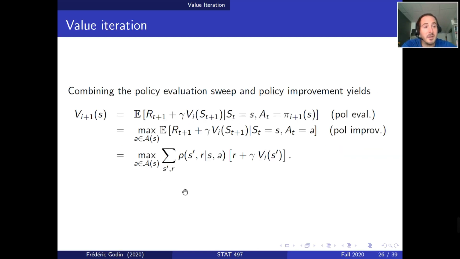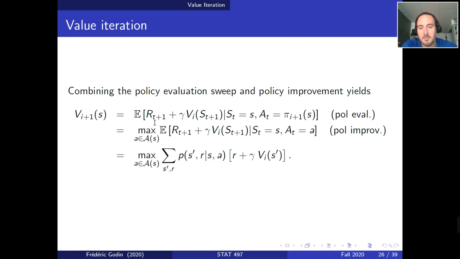Okay, so before answering this question, let's formalize this procedure into an equation. Here we're going to show the formula which combines a single step of the policy evaluation and the policy improvement step. So our procedure will entail having that after i plus 1 iterations of the policy iteration procedure for the state s, the estimation of the optimal value function is